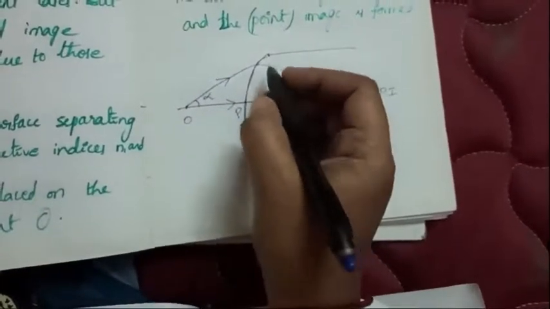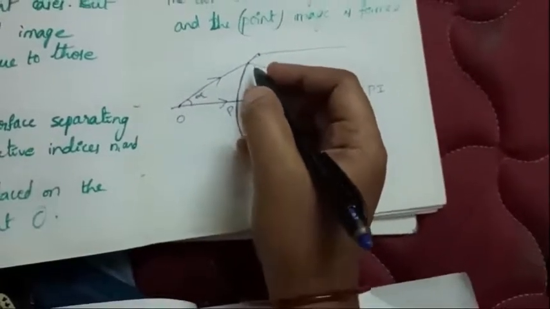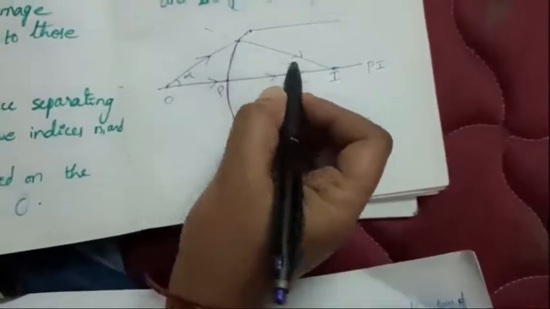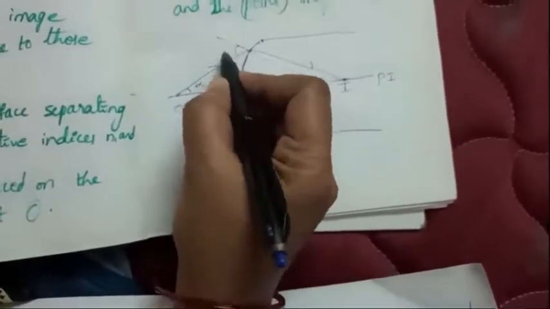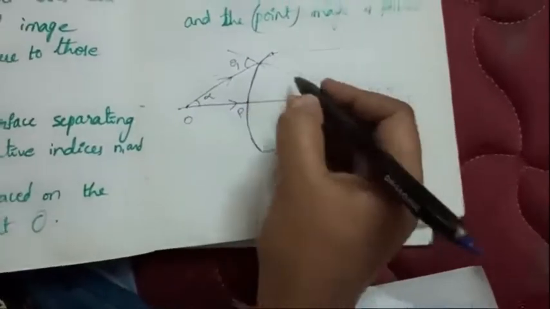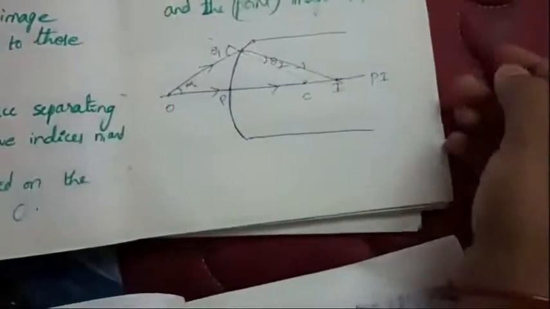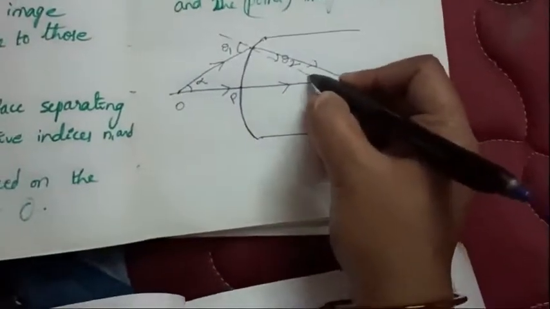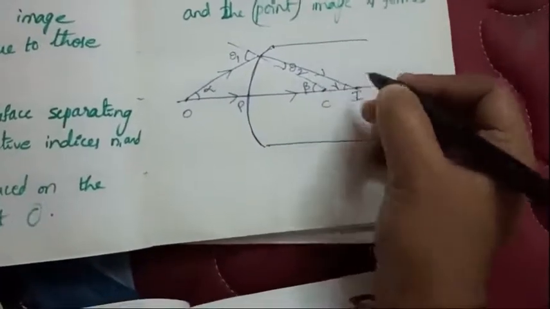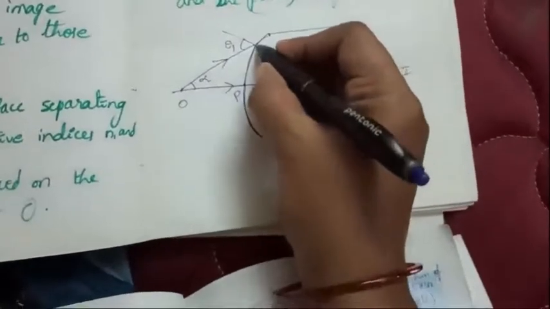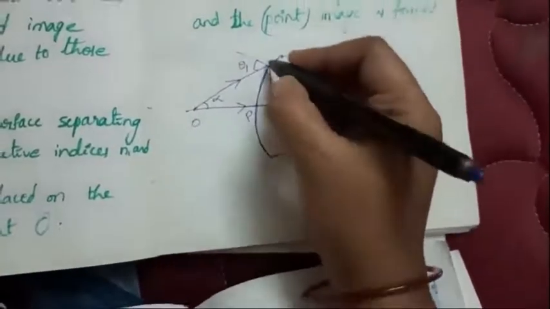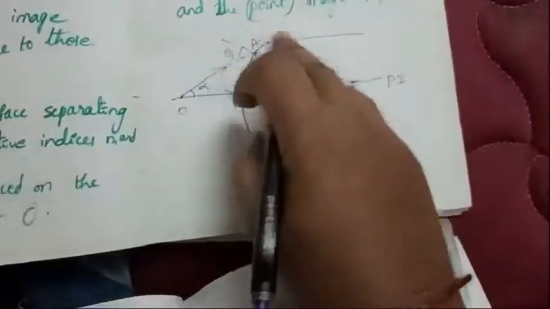This is the refracted ray, and these two rays are meeting at I, and the incident angle will be theta 1. Here this is the normal line, so the incident ray makes an angle theta 1 with the normal line, and the refracted ray makes an angle theta 2 with the normal line. So here the angle will be beta, and this is gamma I am taking. These are the angles, and here I am drawing a perpendicular, D. So here this is point A.